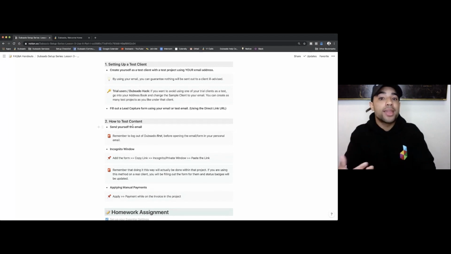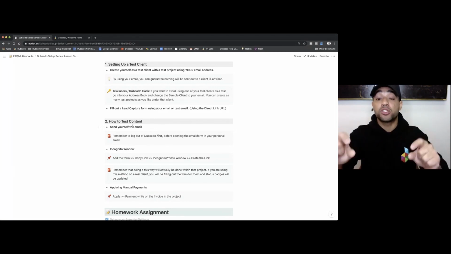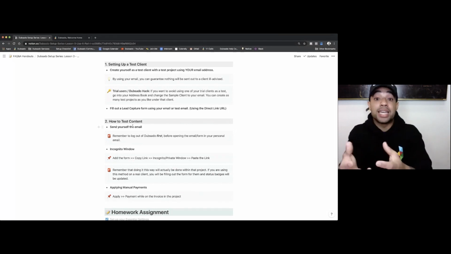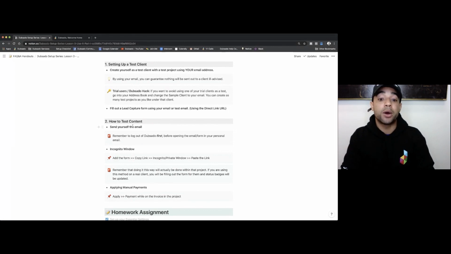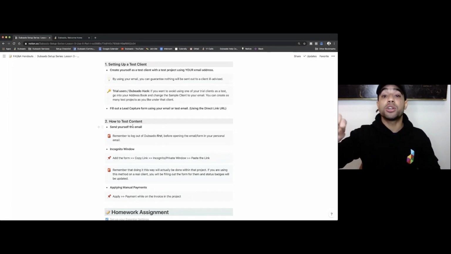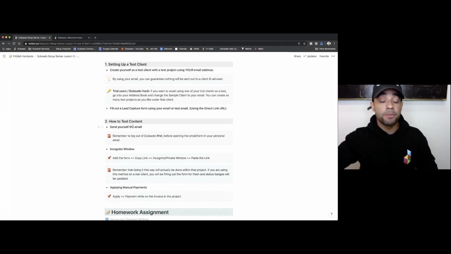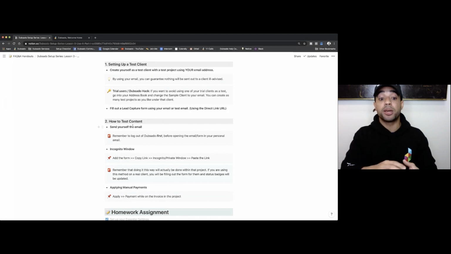Do I like the way this email looks? Are things pulling in appropriately? If you're using smart fields, is that pulling in the info correctly? You want to go ahead and test those things out. If you're sending yourself an email in Dubsado, this is a quick tip for you, especially if you're sending out